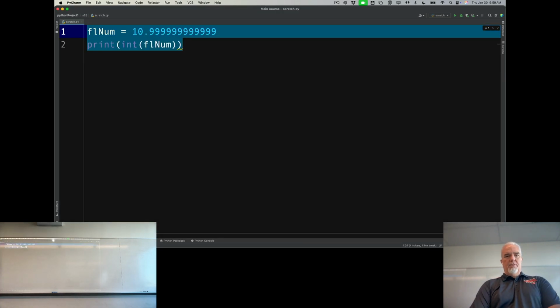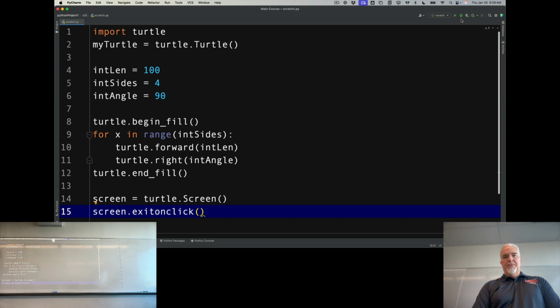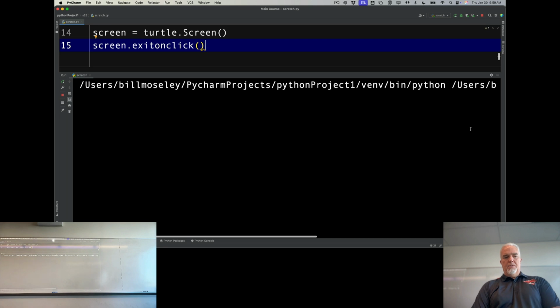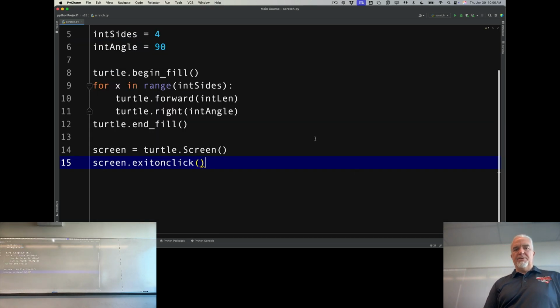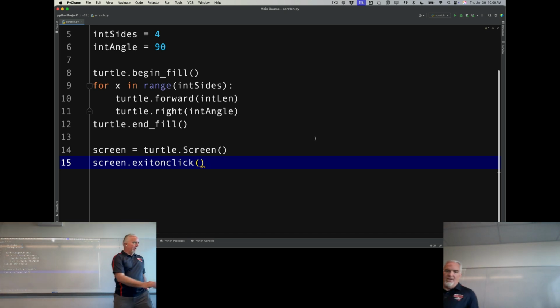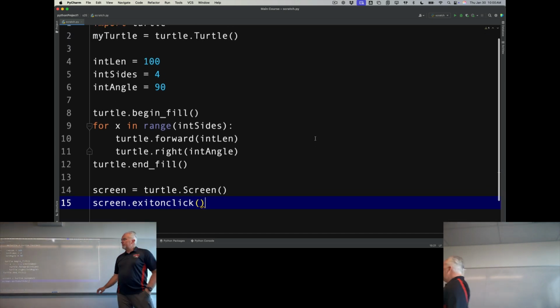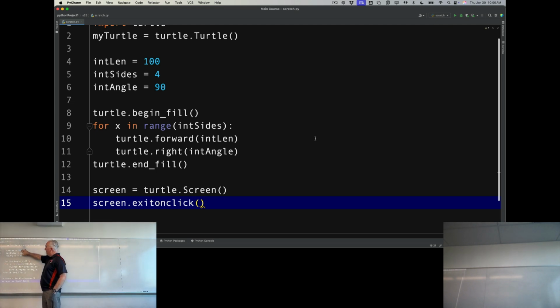So if I take that code, paste it into Python, and then run that code, it will draw a square. The way that it draws that square is it has a number of variables here. It has a length of a side, a number of sides, and an angle that it turns each time. So what it says is, we're going to start to fill the shape, and it says